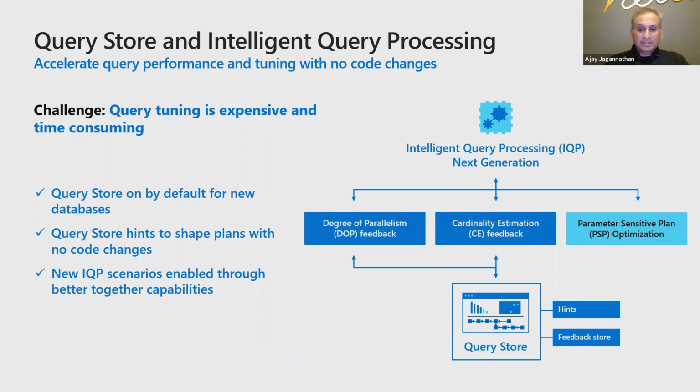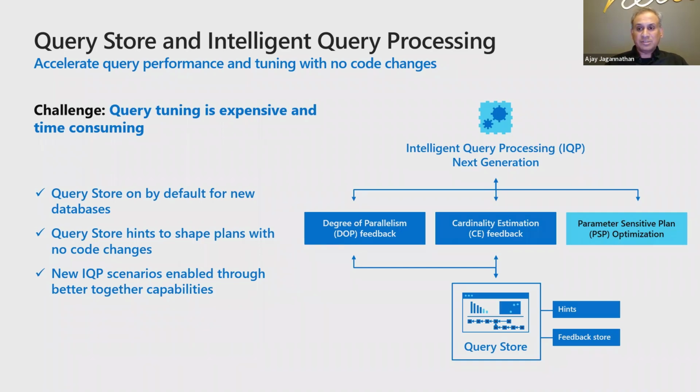So with that, we are introducing the next generation of intelligent query processing. I'll talk a little bit about that shortly, as well as the power of Query Store. Bringing these two product features together helps us achieve the next set of innovations, which will help you accelerate query performance and make query tuning much easier, and in some cases automatic, with absolutely no code changes. So one of the things we are doing is turning Query Store on by default